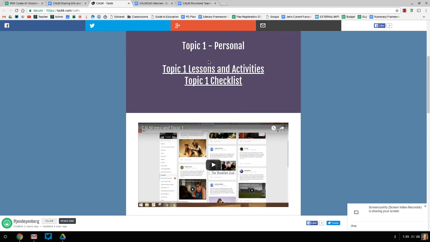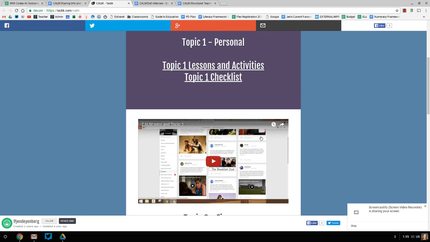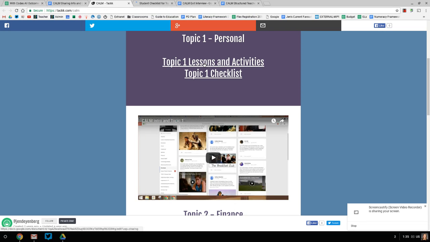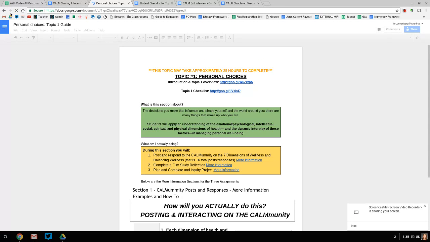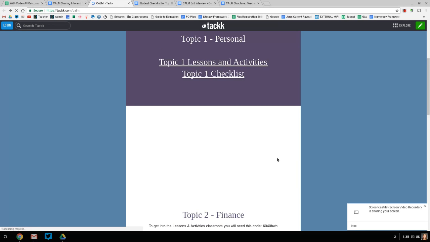For each of these, this is a tech page, it's just a quick page of links. It has the checklist of activities for the students, and then an actual link to where they can get to their assignments, so you can just see what's going on. I think that actually might link straight to, yeah, just gives you kind of a here's how it works piece,